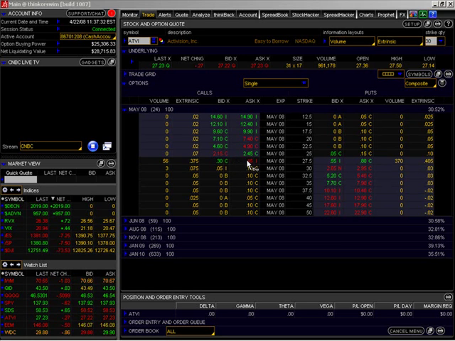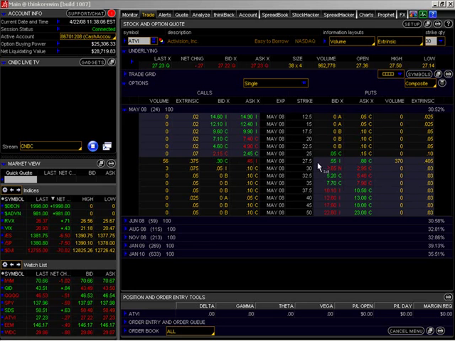Well, at 40 cents, this option actually has no real value because the current price of the stock is at $27.23. So not only do you have to be accurate as to your timing, because the stock would have to move quickly in order for you to make money, but you also have to be accurate as far as direction goes. The stock has to move up in order for you to make money.